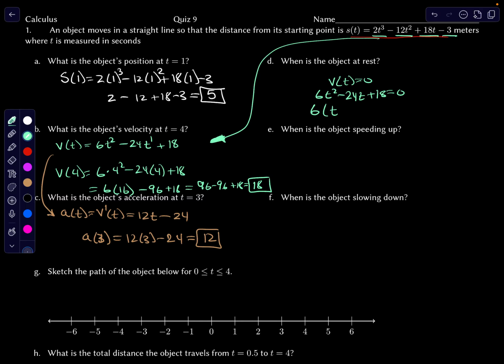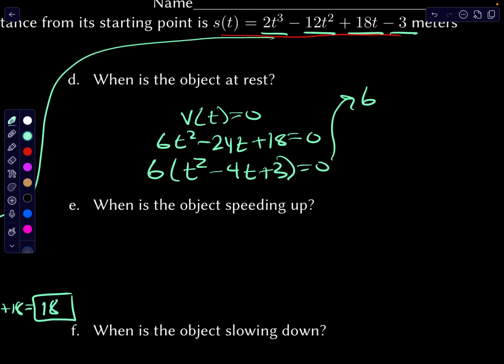That'll make things a lot easier. And then factor that trinomial. And we get 6 times (t minus 3)(t minus 1). So t equals 3 and t equals 1 are the places where the